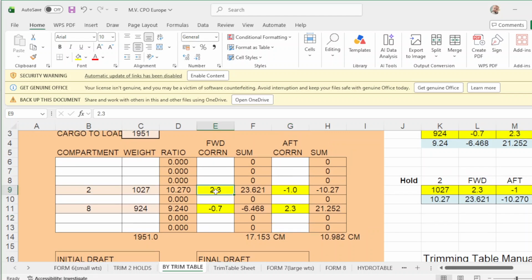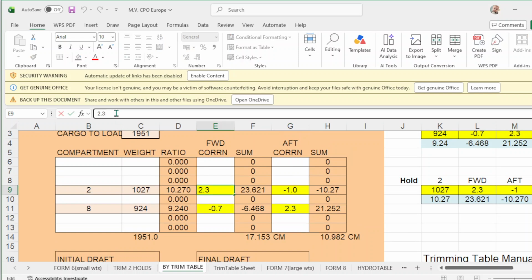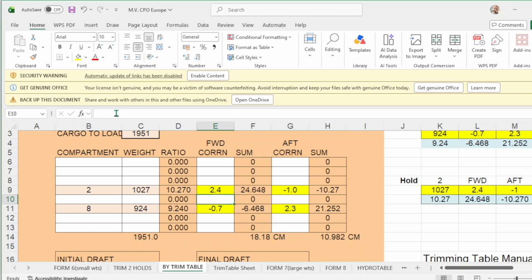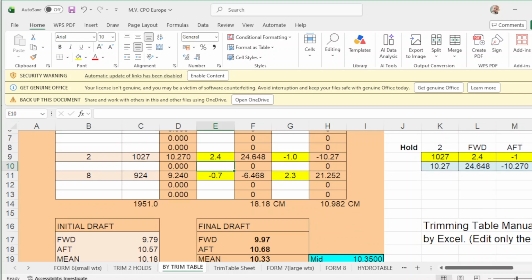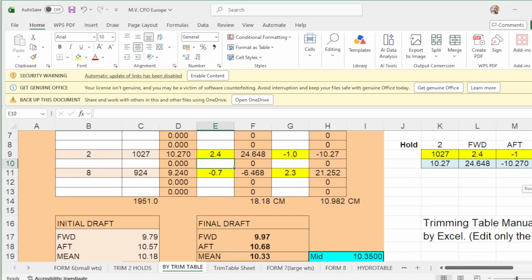So let's put this, say 2.4. So what happens when you put 2.4? So you adjust the correction. That will be 9.97. So you make this 2.5. A little more. You might make this 2.6. Then a little more.